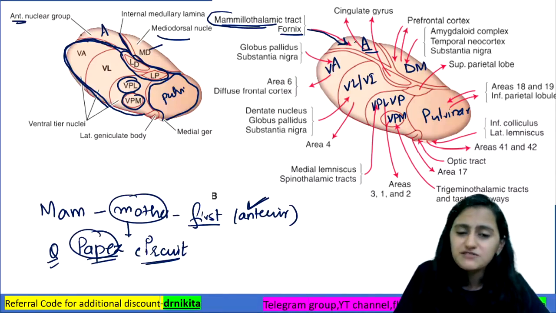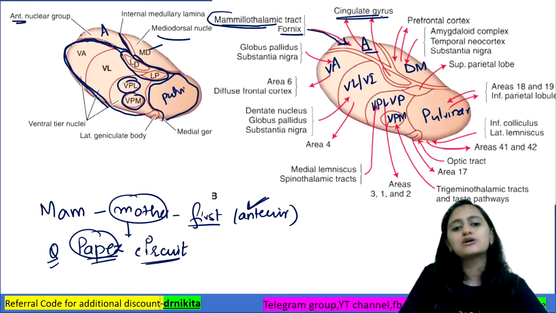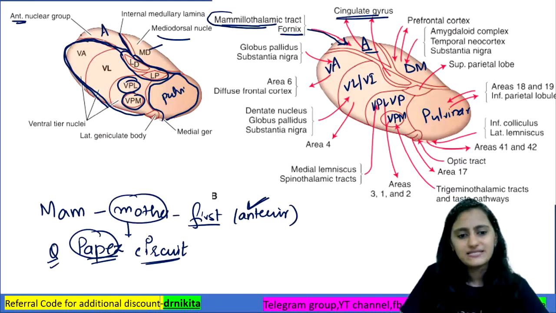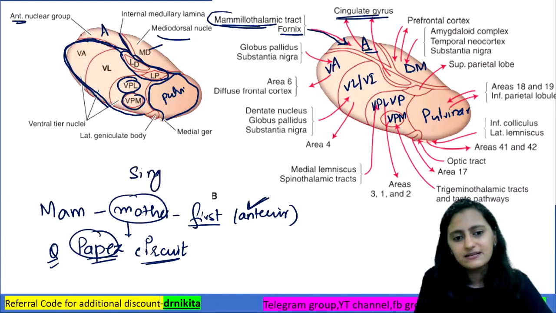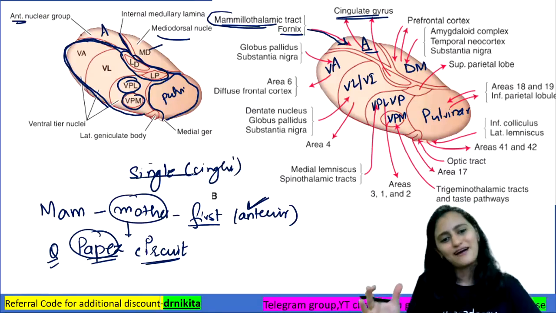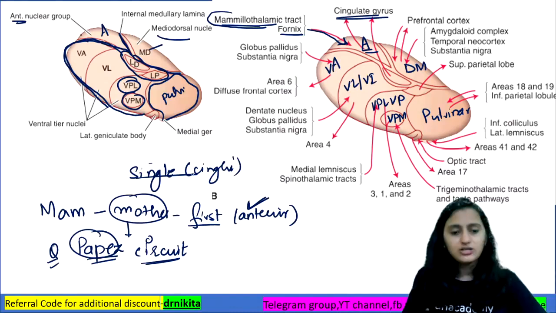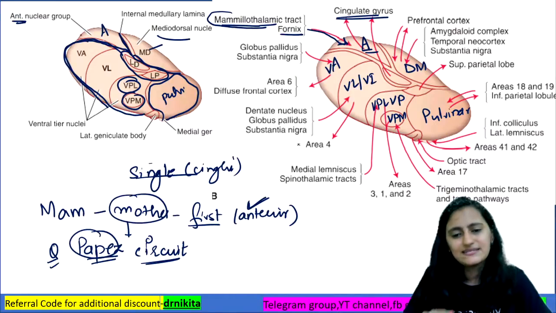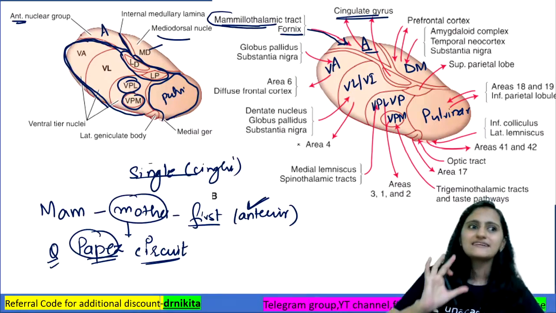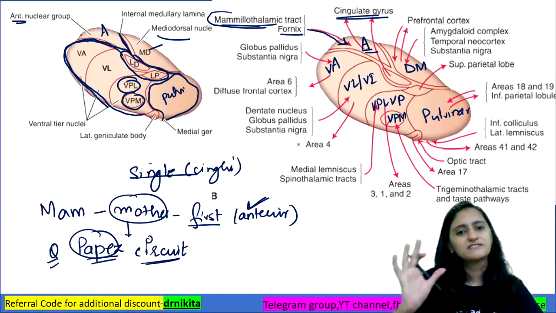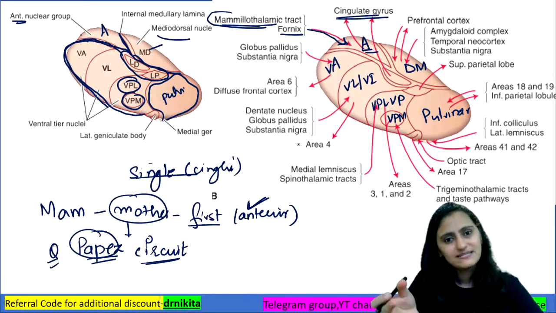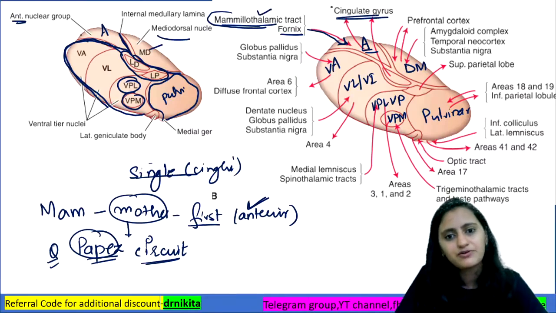Now the outputs from the anterior go to the cingulate gyrus. So remember mother, father, and single: cingulate is single. Before becoming mother and father, we are single. So this is your anterior thalamic nucleus. Is this clear with everyone? Anterior means the most in front, and the most important role in our life is mother, that is mammillary. Then it is Papez, and before that it is single. So mammillothalamic tract and cingulate gyrus belong to the anterior nucleus of thalamus.